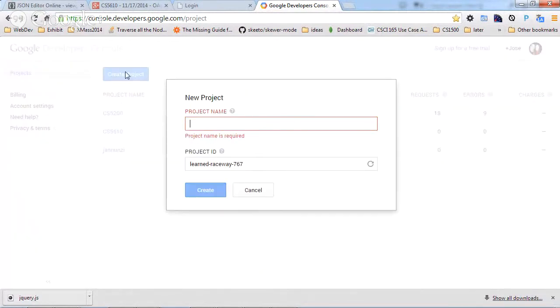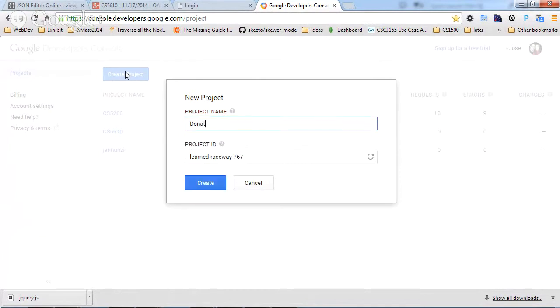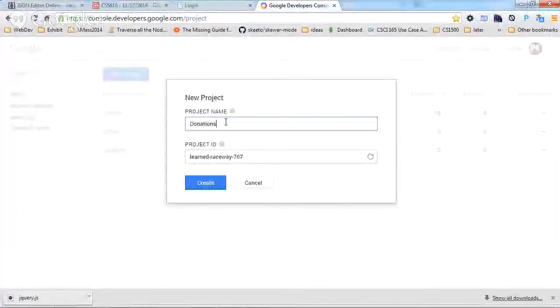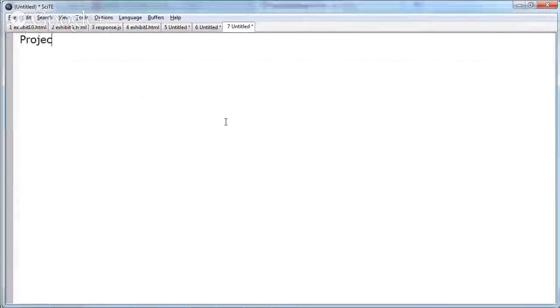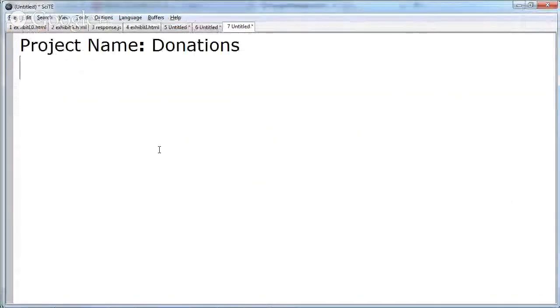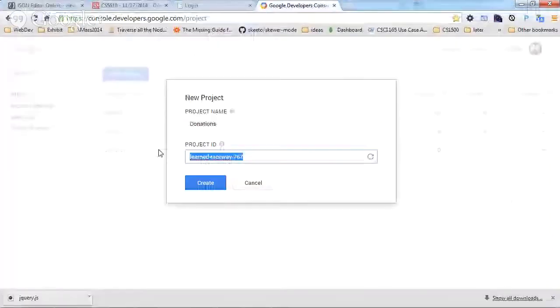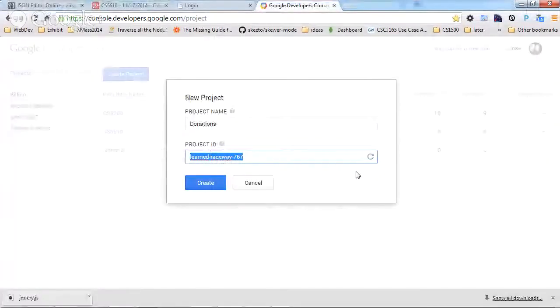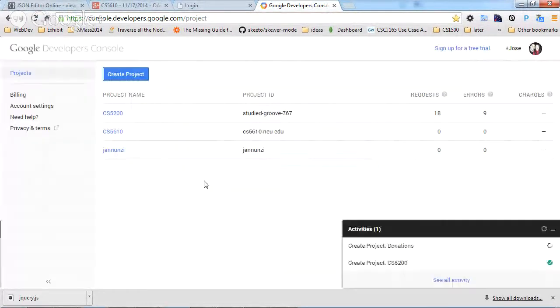We'll call it donations, and that's the project ID. I'm just going to copy that. That's the project name, Donations. The project ID is a made up, unique ID that is generated by Google, right? You can generate your own, but then you have to guarantee that it's unique across all projects. So let's create that,